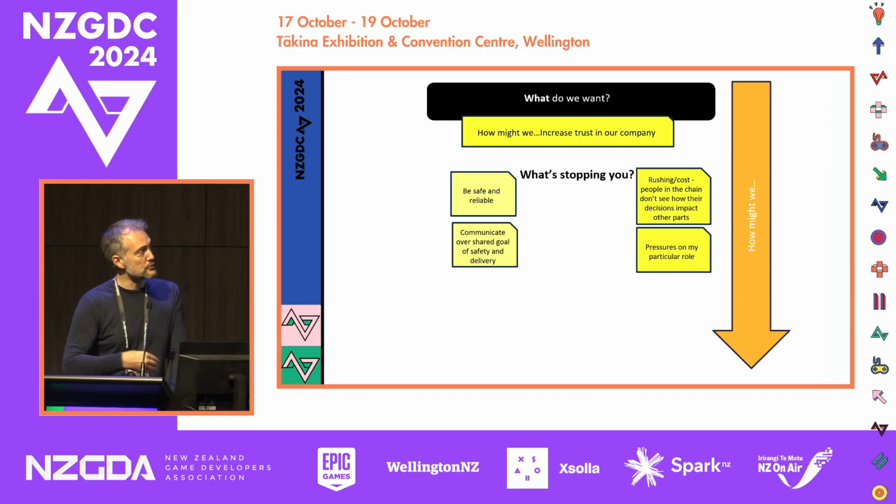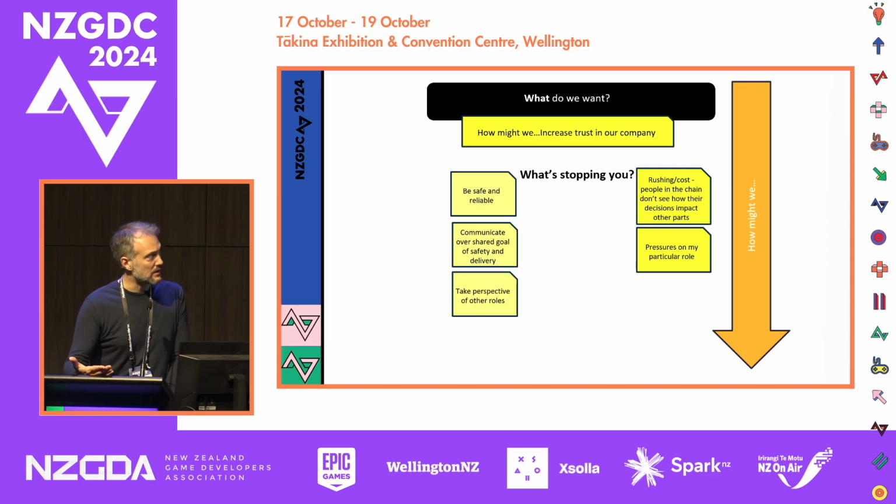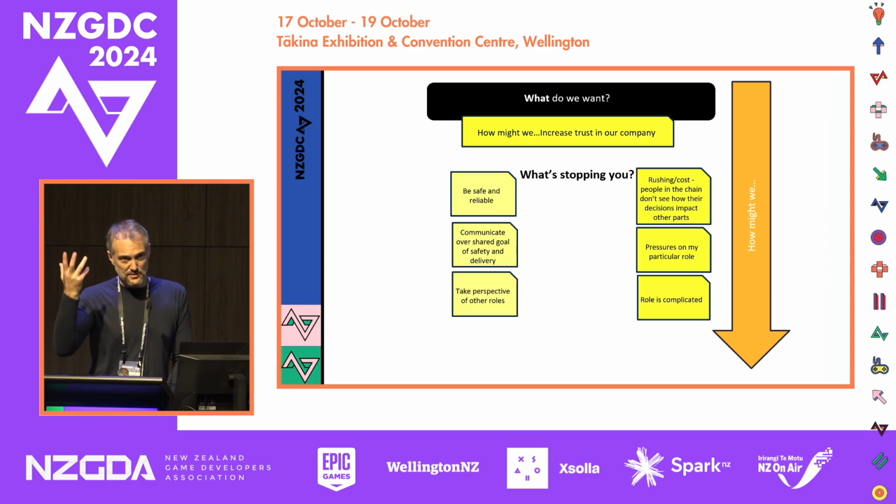They say, well, people don't do it because of the pressures on their particular role. It's difficult for them to find the time to talk about their role with each other and learn about how it's important. So how might you overcome that? Well, if we took perspectives of the other roles, maybe that's how we could do it. I just want you, person who works in the dock, to understand me, who is ordering the shipping, et cetera, et cetera. That's what I want. So what's stopping you from doing that? Well, my role is really complicated.